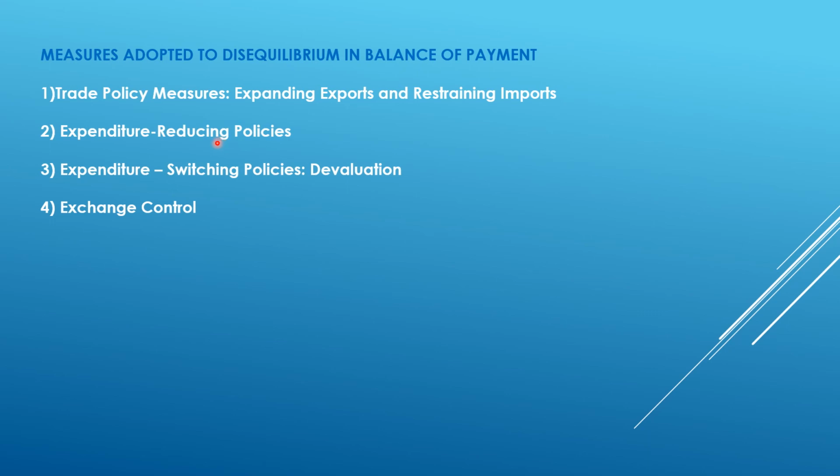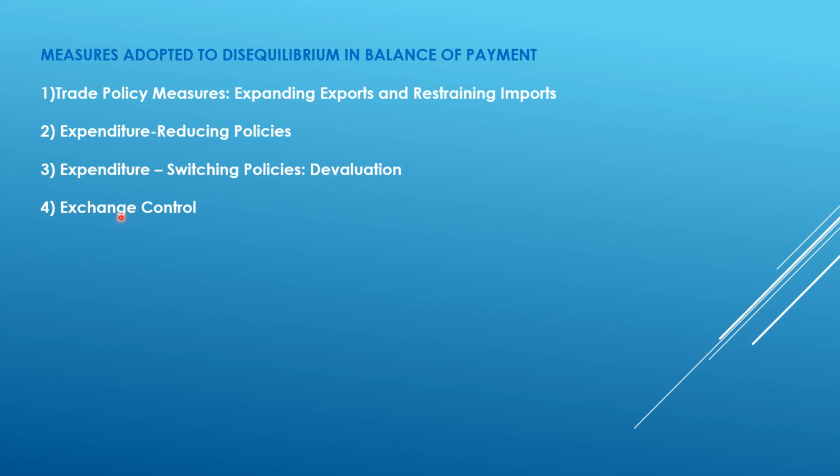Then the next one is expenditure switching policy, devaluation. Here, reducing the foreign exchange rate of the national currency by devaluing the value of national currency with respect to foreign currency helps to make exports more competitive in the foreign market. So we already discussed this, how devaluation of the value of home currency boosts the export, in the previous video.